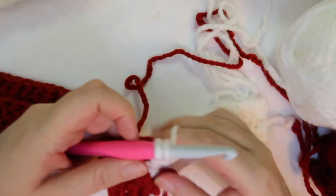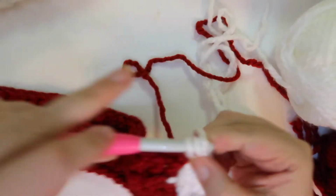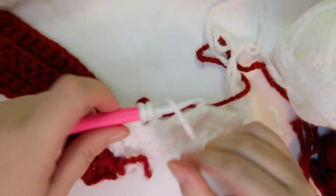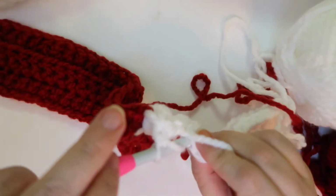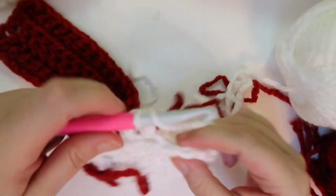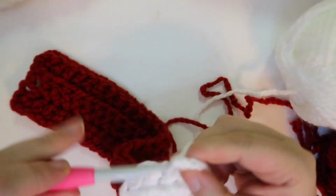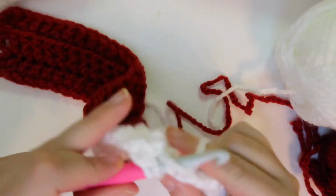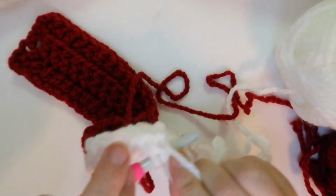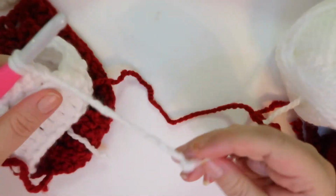Okay, so I'm going to let you continue on with that. Now that is all you need to do to make the entire cloth. You want to go back and forth until you make the cloth your desired length. Now what's the desired length? Okay, well that's the circumference around your head. So generally it's usually somewhere between 18 and 22 inches depending on who you're making this for. You may want to measure your own head, but here's one thing that you want to make certain you do